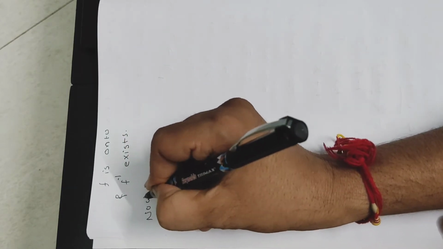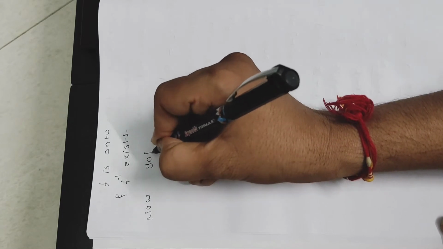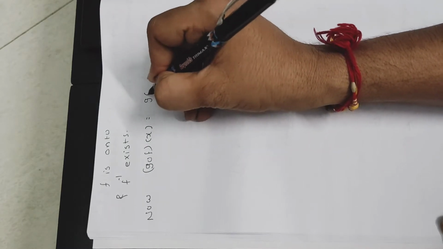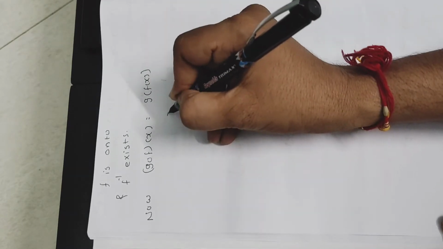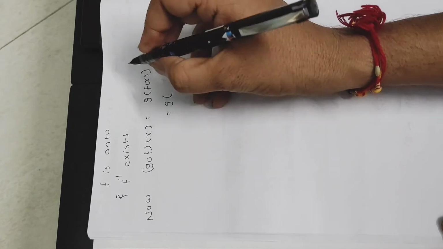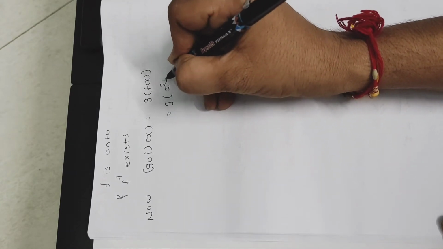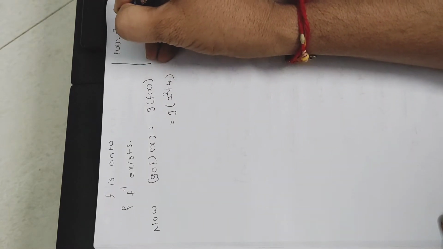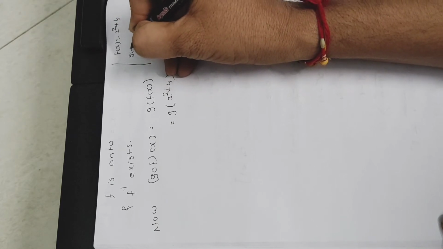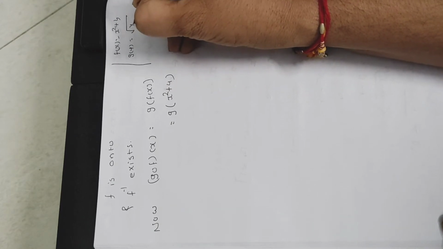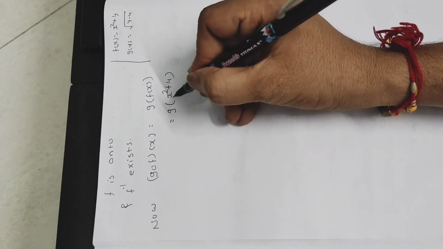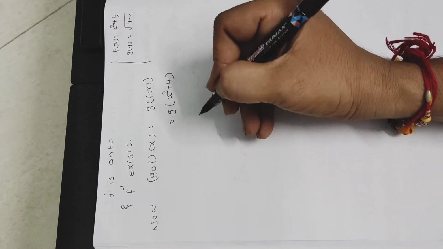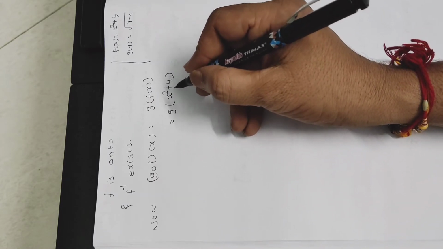Now again, to write what is f inverse, I have to prove g o f of x is equal to g of f(x). We are aware that f(x) is nothing but x square plus 4. I am going to write here f(x) is equal to x square plus 4 and g(y) is equal to under root y minus 4. So this value x square plus 4 I have to put in place of y. That is g of f(x) is there.